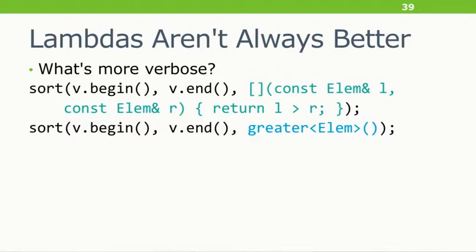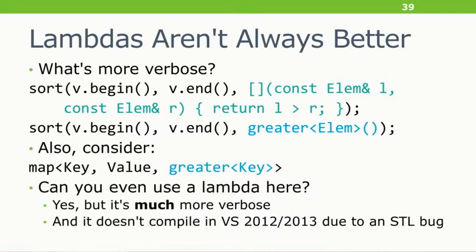In this case, I'm trying to sort a couple elements, and I want to sort them in reverse order. If you look at what you have to type for a lambda, and C++14 polymorphic lambdas don't help here, if you try to write a lambda, it ends up being much more verbose than the dedicated special purpose operator functor. So although they're not general purpose, in their very limited domain, they are still useful. So it's not like we should just throw them away.